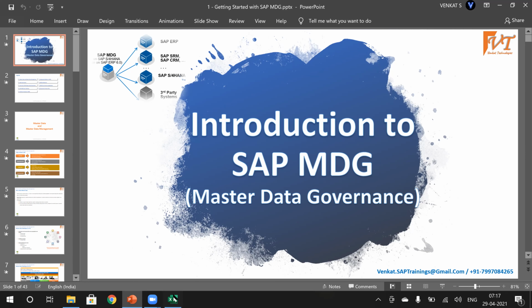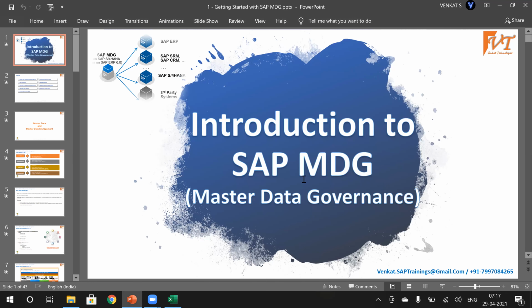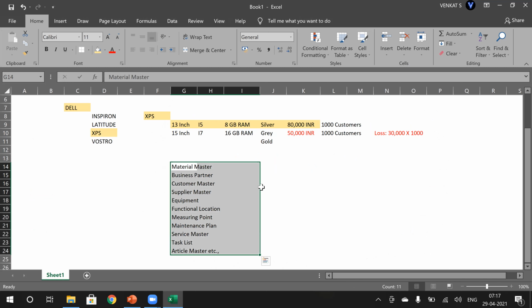It can be extended for different master data domains. We have this many domains. For all these domains, MDG has already been implemented, and still we have so many master data in SAP wherein MDG has not yet been implemented. Maybe that idea will be in the pipeline, but we are not sure unless it is revealed by SAP.